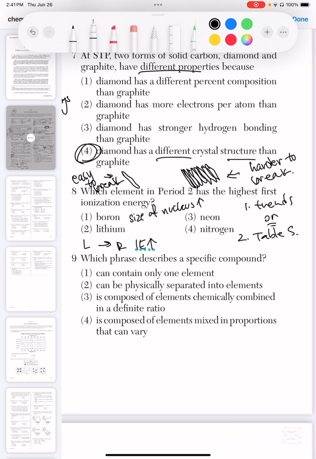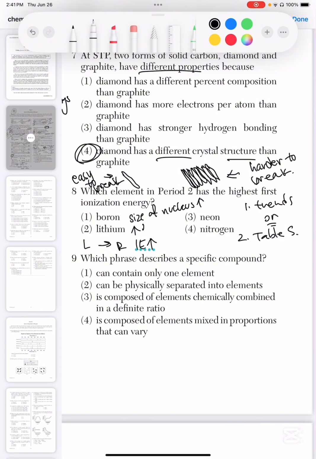Period 2 starts with lithium, which has 3 protons, and ends at neon, element number 10, with 10 protons. So it has a bigger nucleus, which means